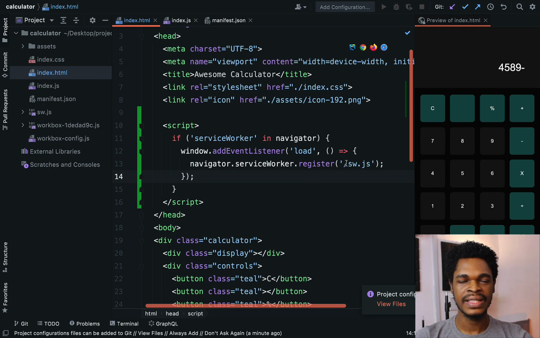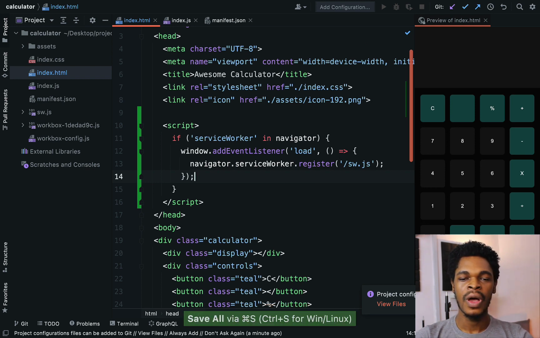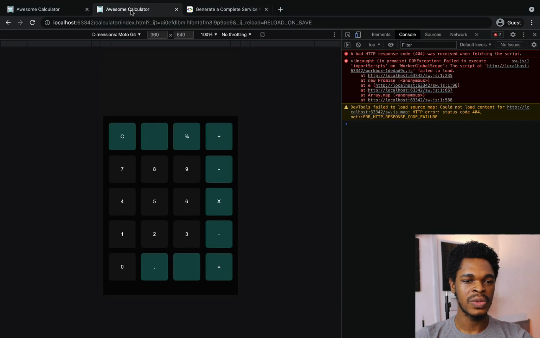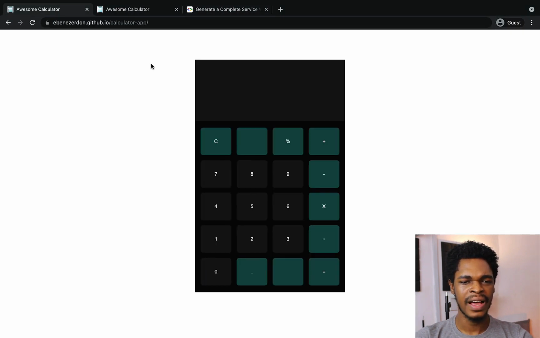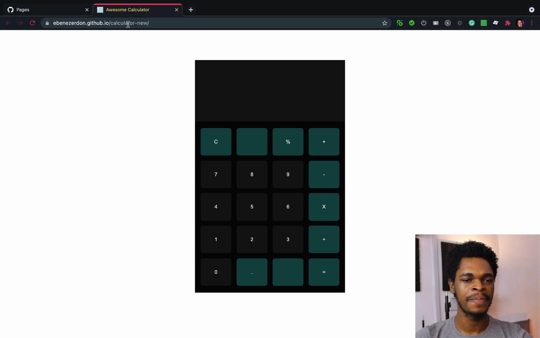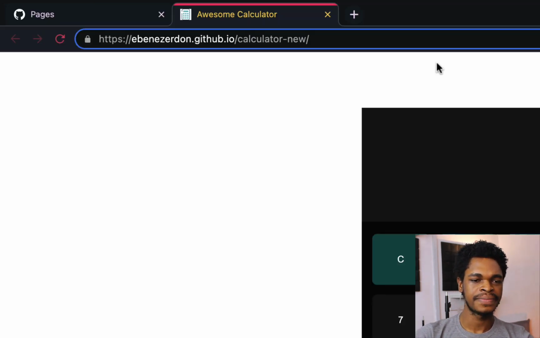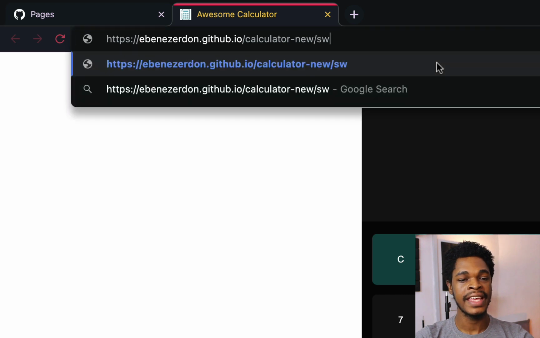Now we're saying register, look for this file /service /sw.js. What our browser is going to do when it comes to this hosted app is, instead of trying to find ebenezerdon.github.io/calculator-new/sw.js, it's going to try to look for this instead,